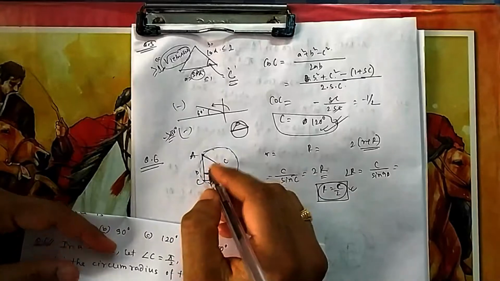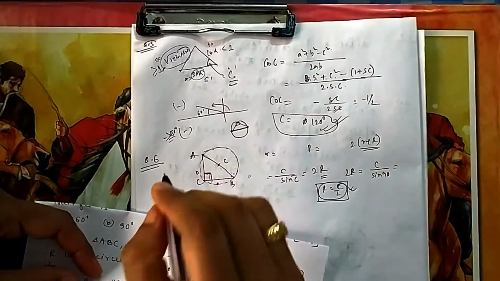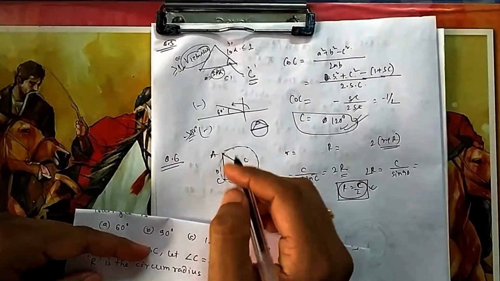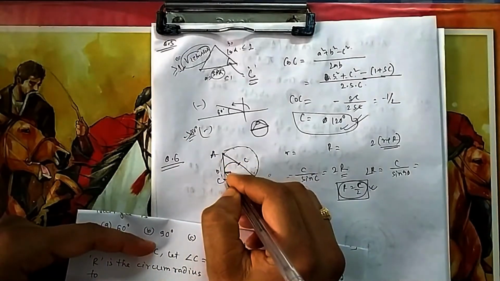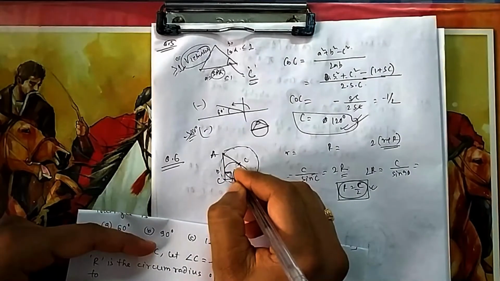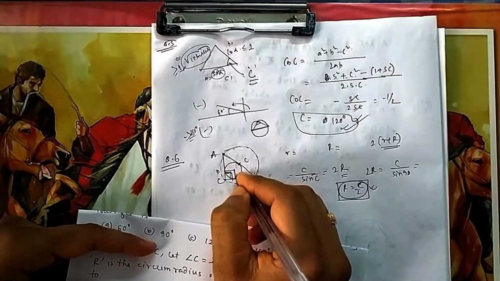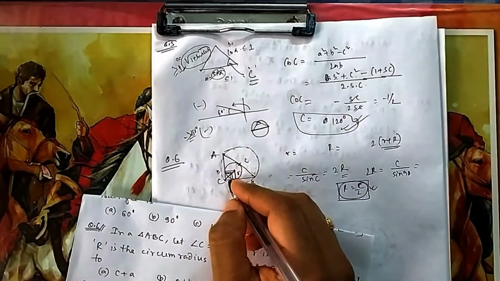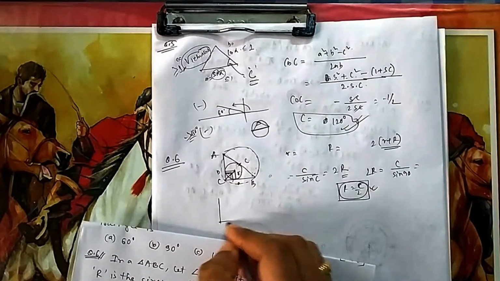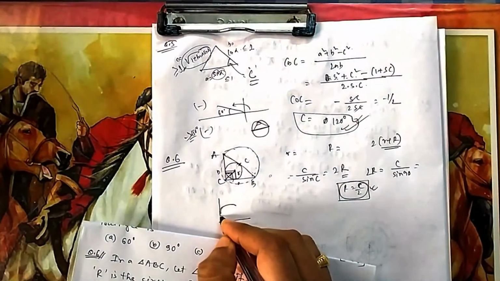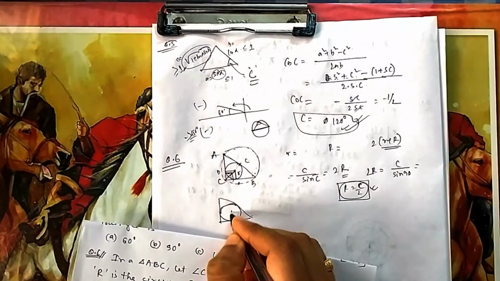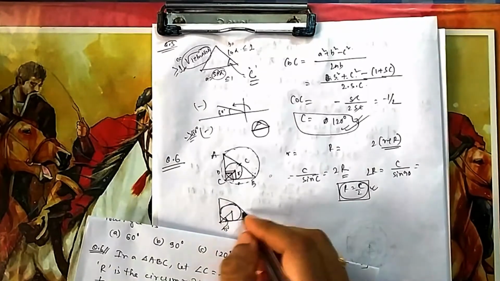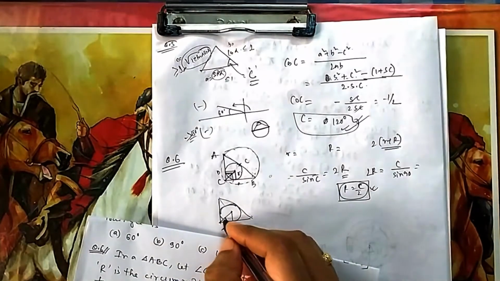Now for this small r, there are other formulas also. I have not given that formula, so I will give it here now. Let us derive it, in case you don't know. Suppose this is my small r. What is the incircle? The incenter is where the angle bisectors meet, so obviously this angle will be 45, because the total is 90.